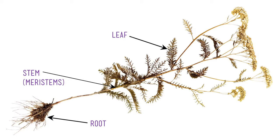This, of course, is where the plant exchanges gases with the atmosphere and collects sunlight to manufacture food, with the help of water and minerals collected through the root and sent up through the stem. Now, each of these organs contains all 3 tissues, which together work to absorb, conduct, and exploit one of the world's most important molecules: water. So since plants are pretty much designed around water, let's follow some H2O to see how plants make the